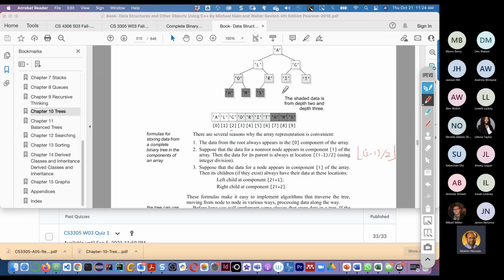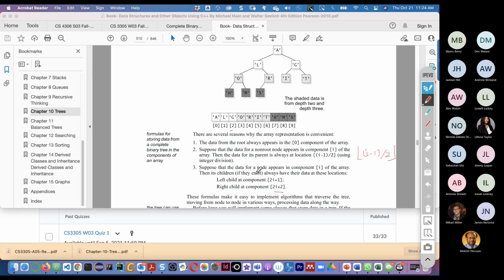There are two children, right? One is the left child, another is the right child. For instance, for G, the left child is I and the right child is T. The formula is: the left child is at component 2i plus 1 and the right child is at component 2i plus 2.